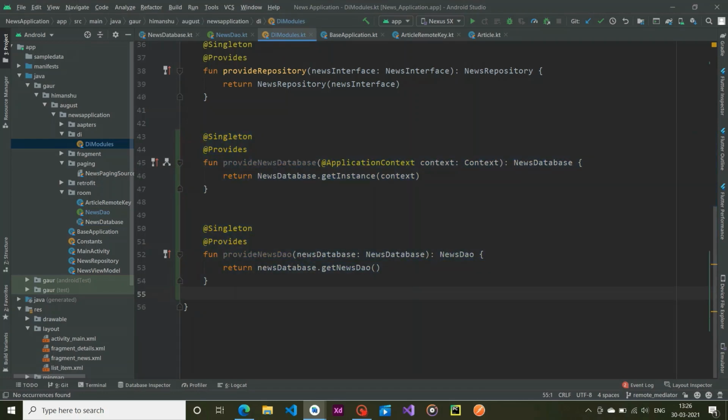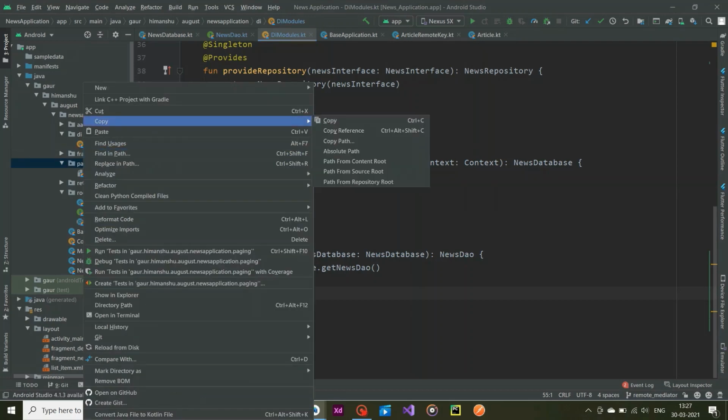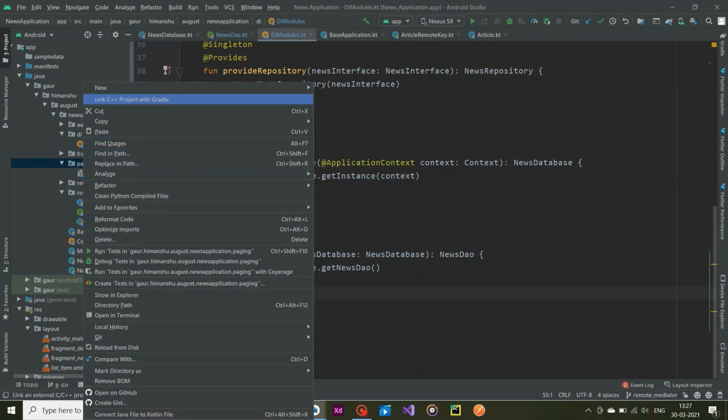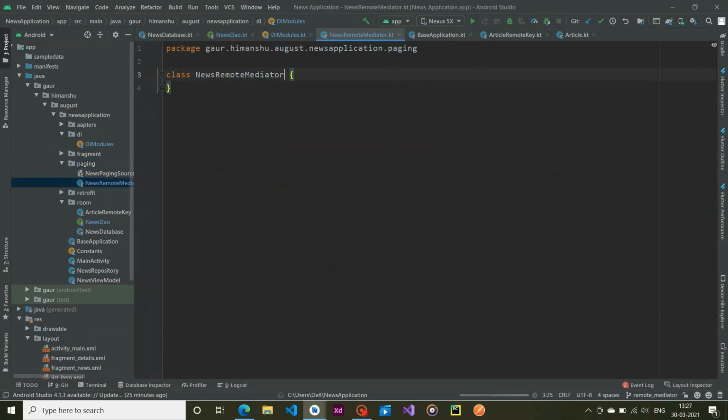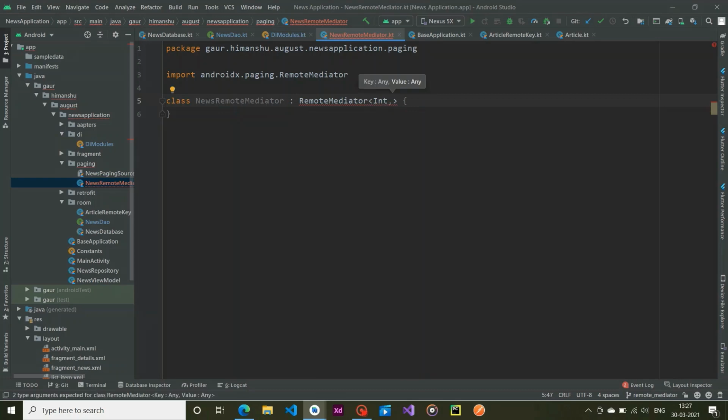All right. So now in the paging package, we are going to create news remote mediator. This is a class. It will extend RemoteMediator, key is Int, value is Article.